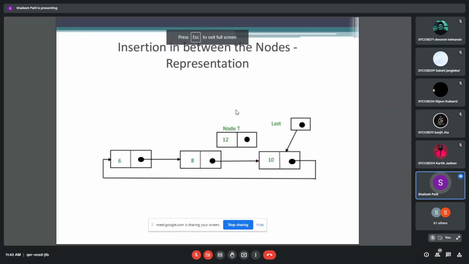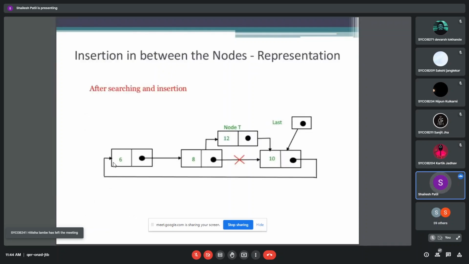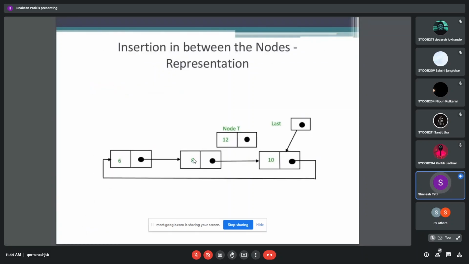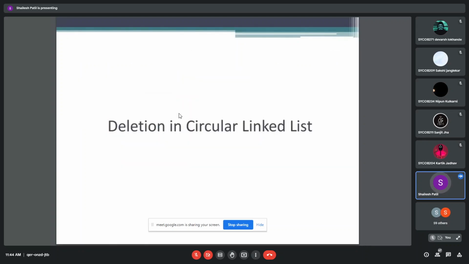Insertion in between is very simple. How can we insert in between? If I have to insert in between, again we have to traverse to where we have to insert. Last is there, so I go from it, with a while loop to reach that particular position. We assign temp equal to last, and temp is equal to temp next. Suppose I have to insert after 8; you have to find 8, so temp will be at the 8 position, and after 8 next we insert over here. So after insertion it will work like this.